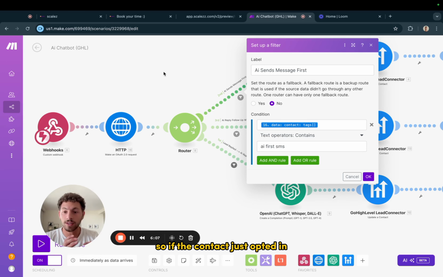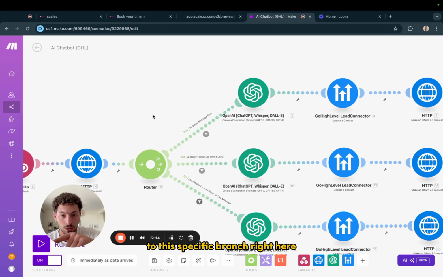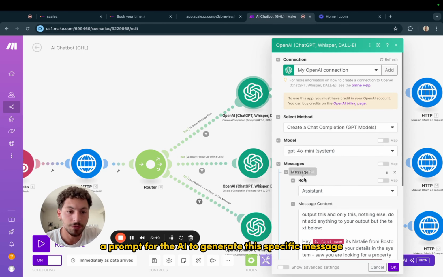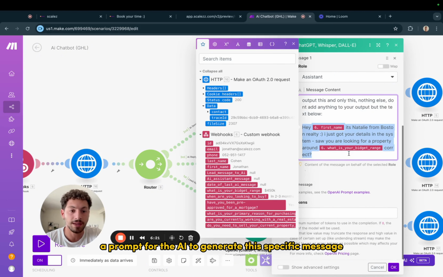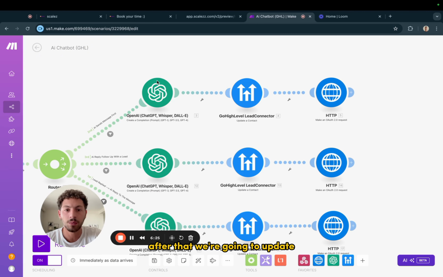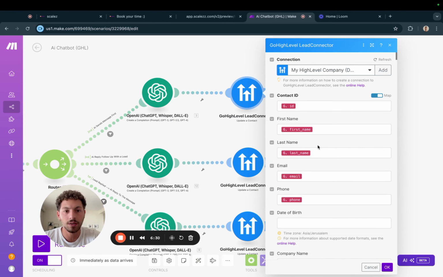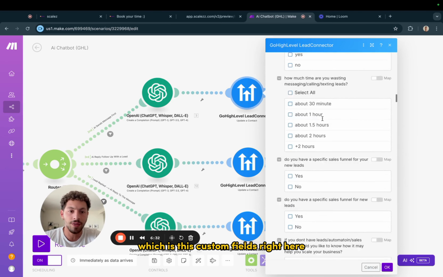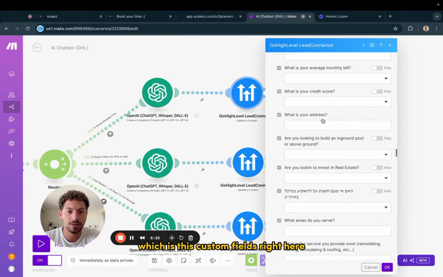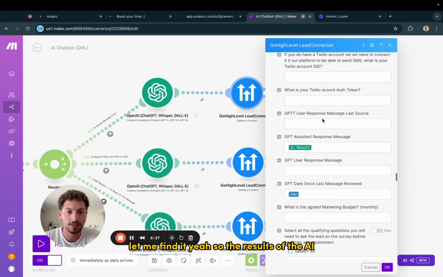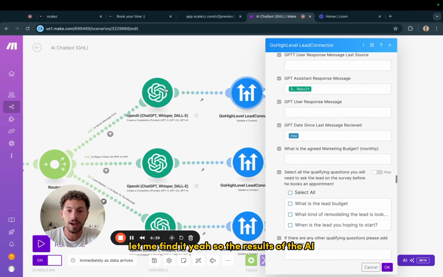So if the contact just opted in, it means that it's going to be the first SMS that the AI is going to send. So we're going to direct the lead to this specific branch right here, which is a prompt for the AI to generate this specific message. After that, we're going to update all the custom fields in the contact, which are these custom fields right here. Let me find it. Yeah, so the result of the AI, the message that the AI generated,